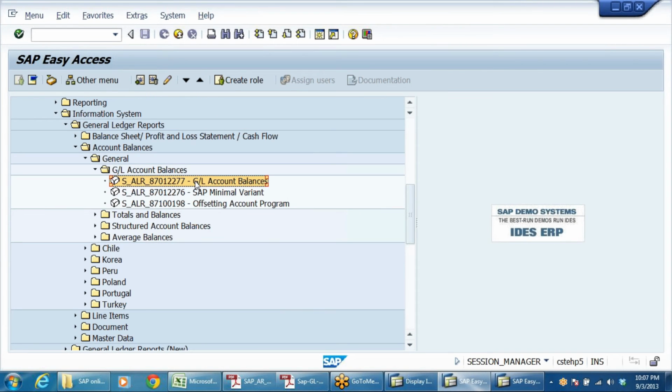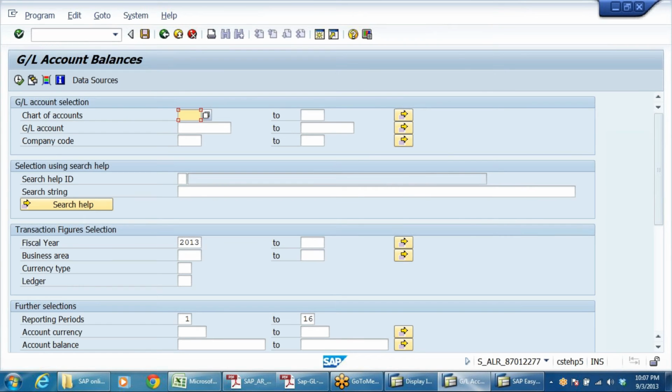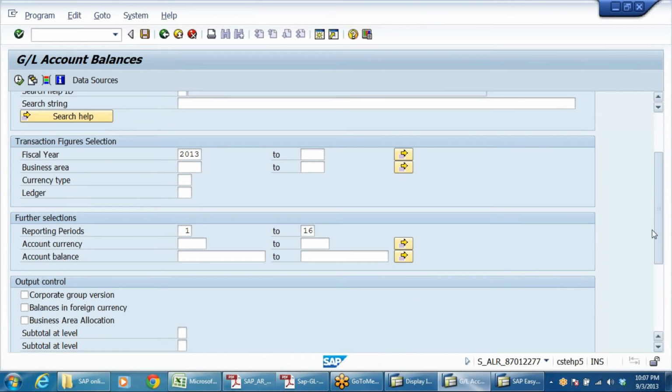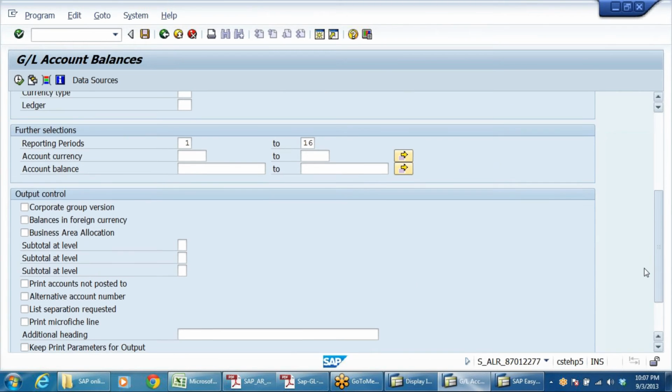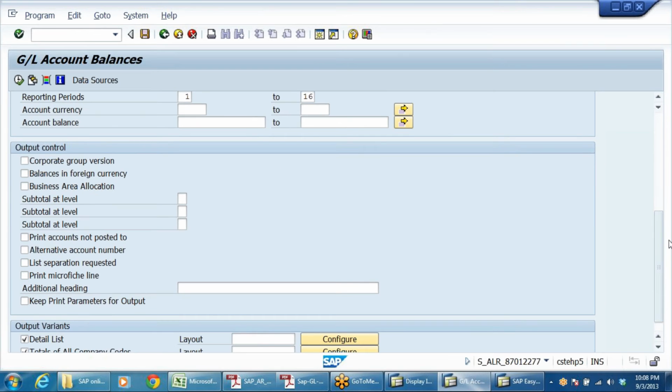But with the document date also we can display the account balances. How do we do that? How do we do that with the document date? See here, document date, posting date, both you can take when you are posting in the special period. The system takes only in this current year.